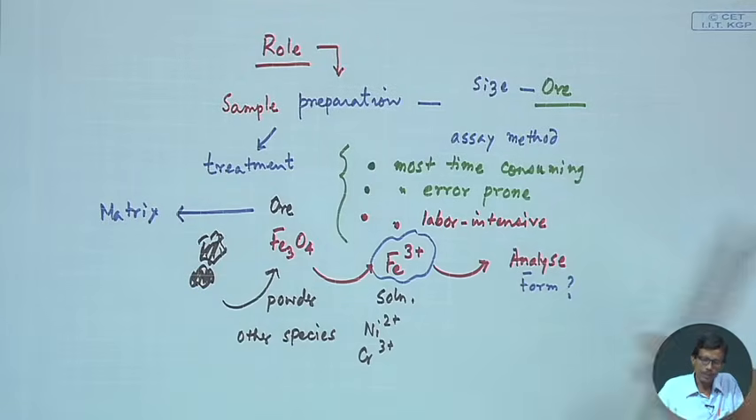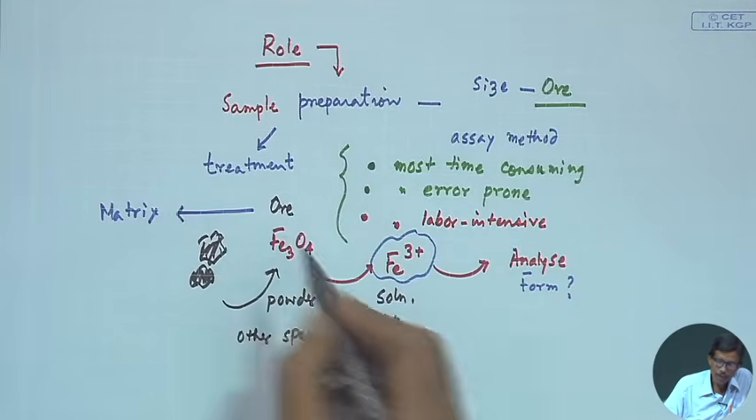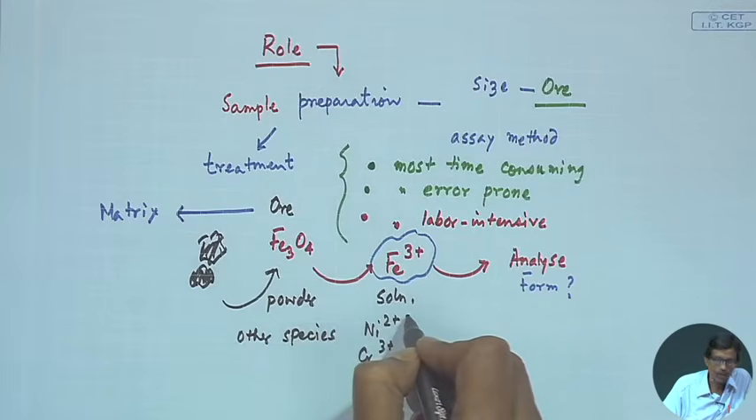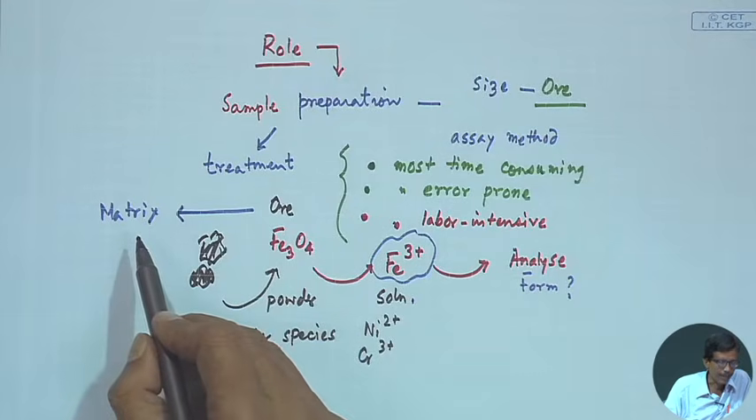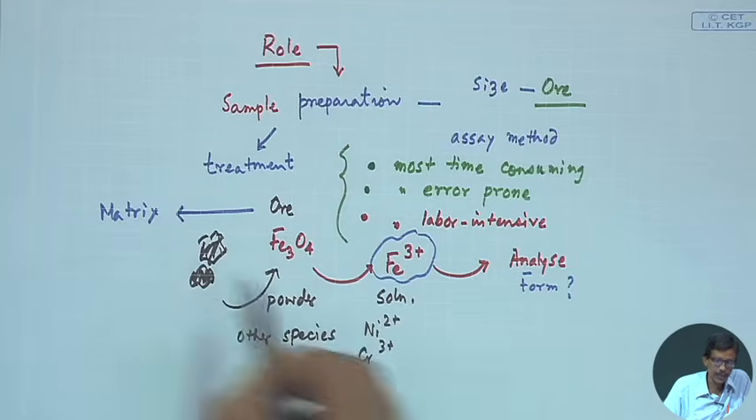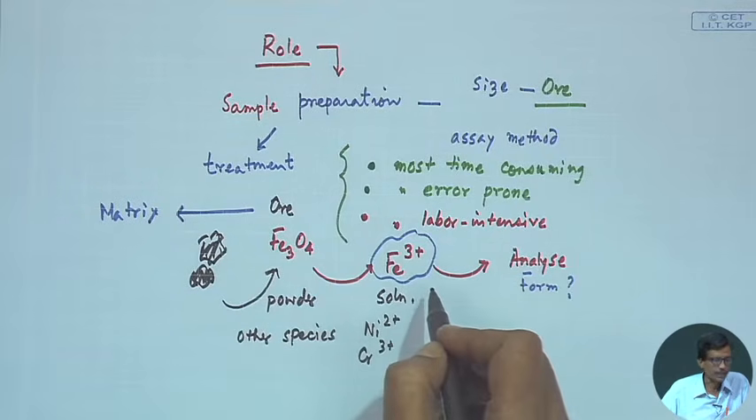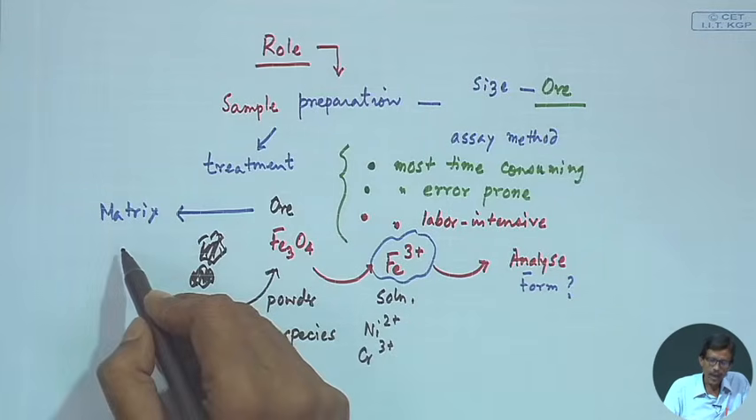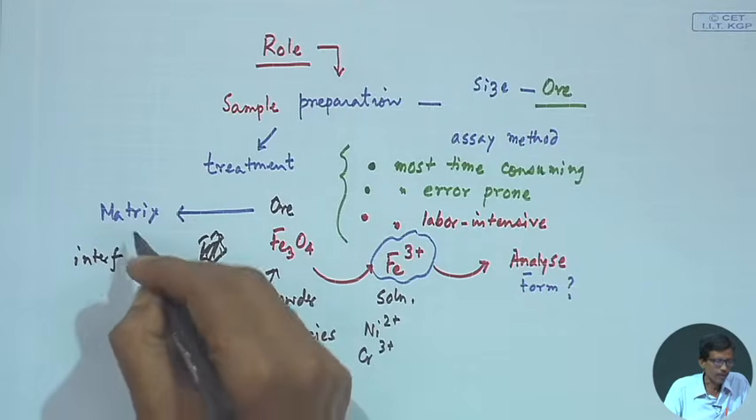So, in that particular matrix, we want to solubilize it such that we get it into solution. There will be some interferences, and the interference present in the matrix can also make our life difficult in getting these into the solution. And already if we have the interference present,